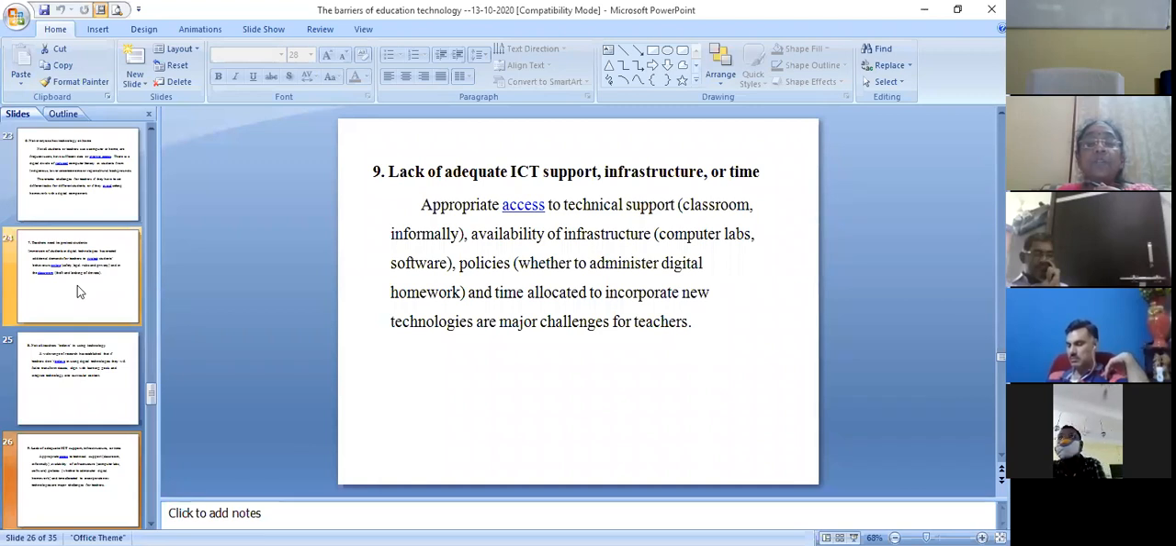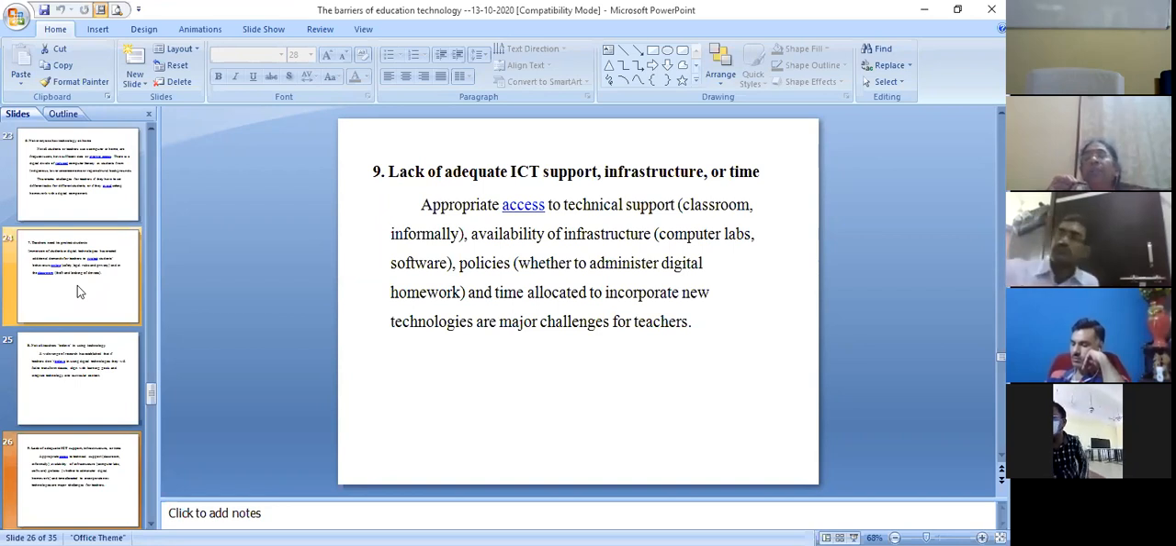I was just referring to this. Appropriate access to technical support, that is, classroom and availability of infrastructure like the computer labs and the software, the policies on whether to administer digital homework, and time allocated to incorporate new technologies are the major challenges for the teacher. I was telling you this, even when we have online classes, some of our students did not attend online classes and they said we can't because we don't have smartphones. Then, when we informed the administration, they said